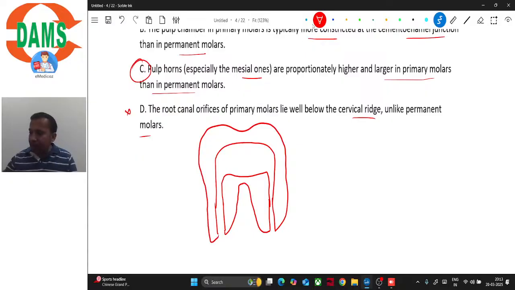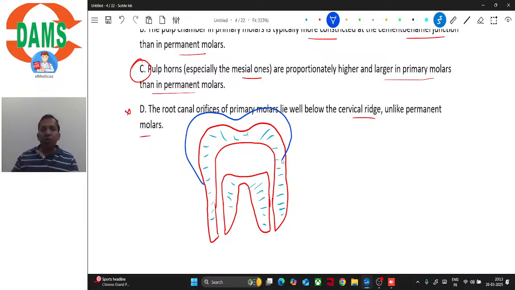This is dentine, like this is dentine. And this here is the enamel, right? So in case of primaries,